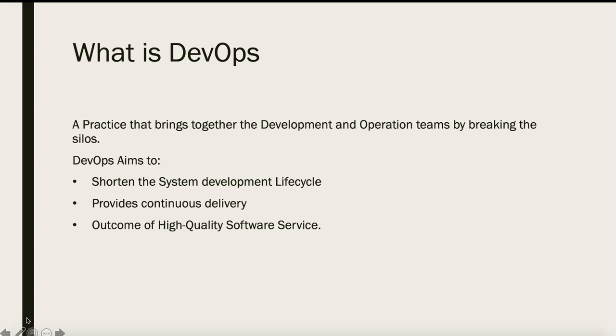I've seen so many organizations I worked with before having siloed teams, and it was so difficult to bring them together. For example, the dev team develops something and then throws it over to the operations team, which takes their own time to deploy it into production. Until then, everyone has to wait for the new version to be available, to be tested, or to be in production. So this is a practice which removes the silo between development and operations, and its aim is to shorten